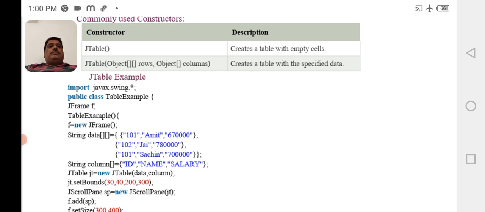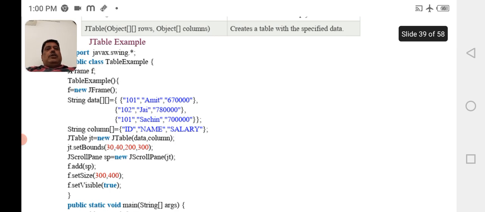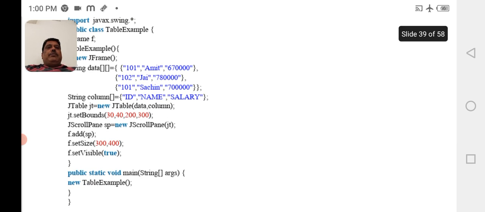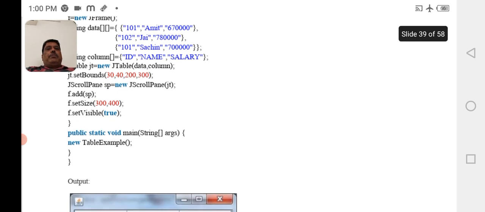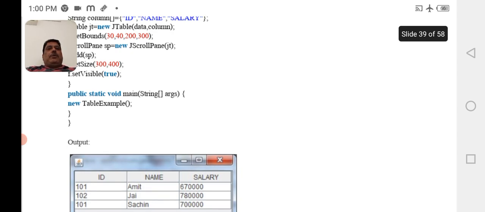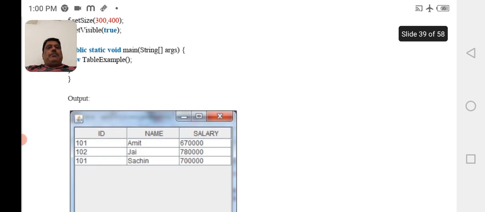Import javax.swing.*, public class TableExample, JFrame f, TableExample, f equal to new JFrame, String data with rows such as 101, Amit, and so on, String column with the column names, JTable jt equal to new JTable(data, column), jt.setBounds, JScrollPane sp equal to new JScrollPane(jt), f.add(sp), f.setSize, f.setVisible(true), public static void main(String[] args) new TableExample. So executing the above program, the output we get is